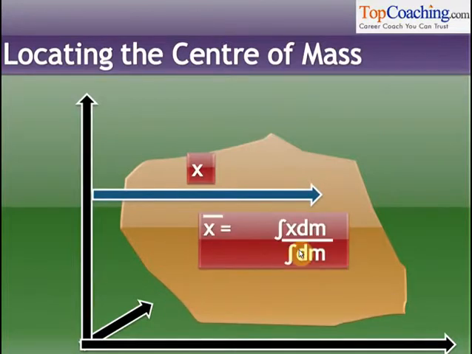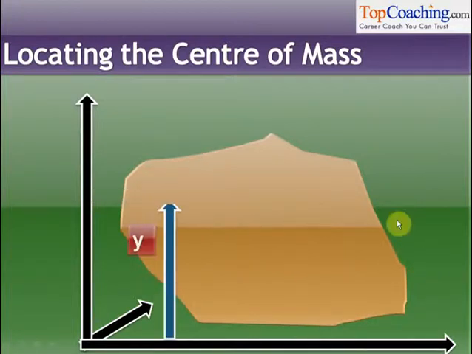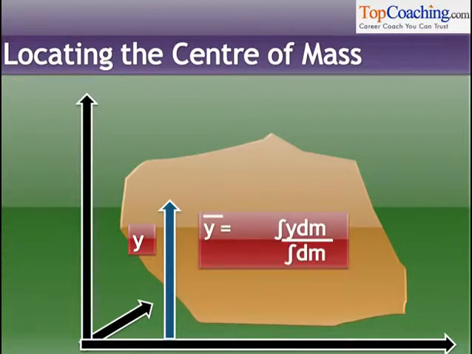The average value of the x coordinate of the body is x bar equal to integral x dm divided by integral dm. You see, the average value of the f of t function was integral f of t dt divided by integral dt. The average value of the coordinate function, that is x of m, the average value of the coordinate with respect to the mass concentration, is x of m. It is equal to integral x dm divided by integral dm. Understood? Similarly, the average value of the y coordinate of the body is y bar with respect to the mass, equal to integral y dm divided by integral dm.